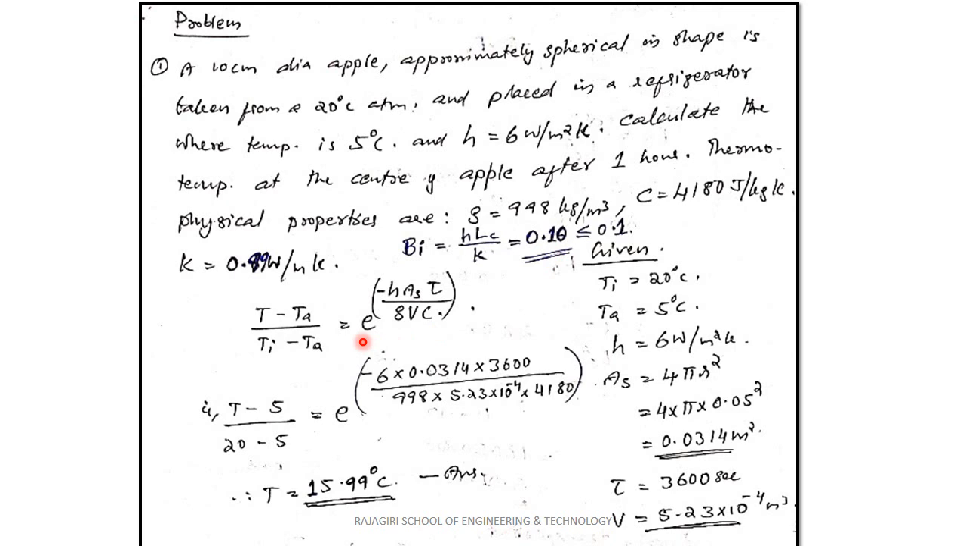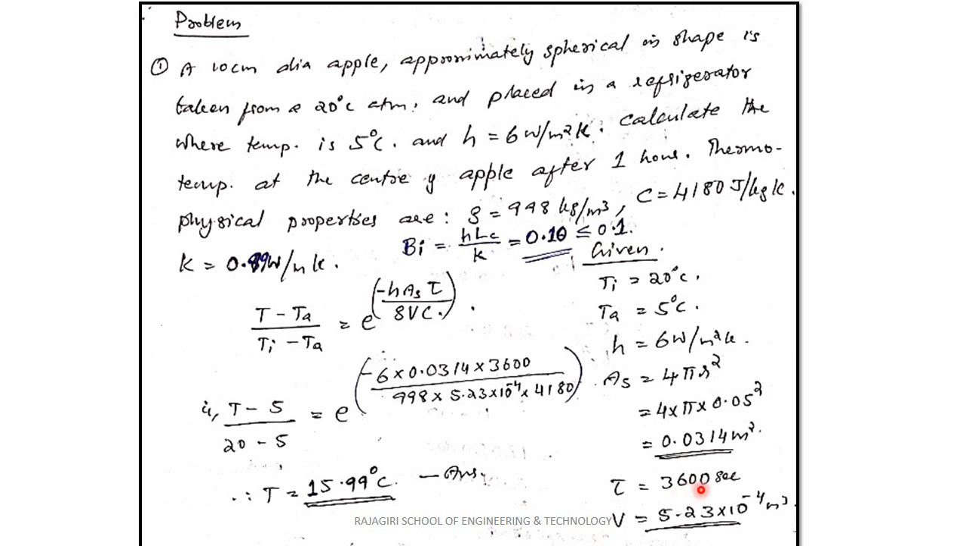Okay, so here we want to find out the temperature of the apple after 1 hour. So the given values are: the diameter of the apple is given, the initial temperature of the body is given, that is 20 degrees Celsius, which is placed in the atmosphere at a temperature of 5 degrees Celsius, it is also given, and the heat transfer coefficient is given, and the time is 1 hour,